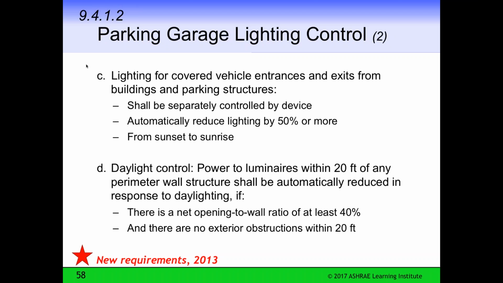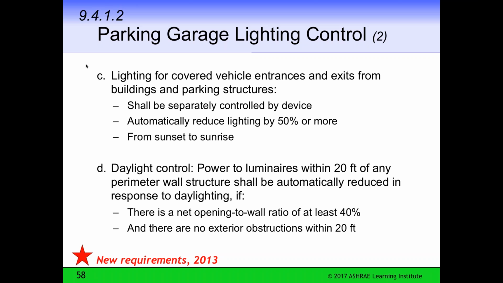Additional parking garage lighting power or lighting controls include lighting for covered vehicle entrances and exits. They're separately controlled by device, automatically reduce lighting by 50% or more from sunset to sunrise.